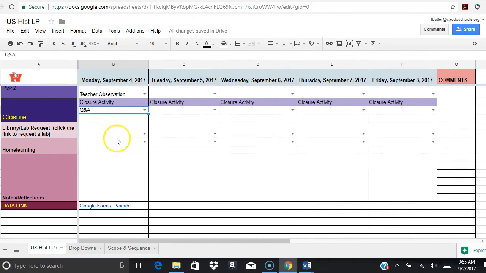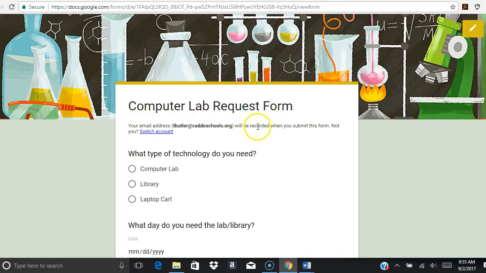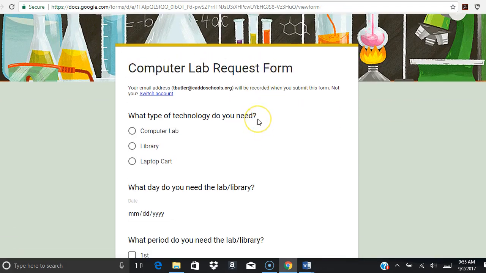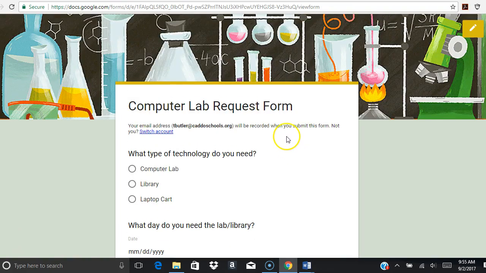Boom. Lab library request. This is another good functionality. Let's say that I want to go to the library, right? In Google, we can hyperlink everything through the G Suite. Miss Berry was kind enough to add her calendar so that we can all see what's happening there. So with a little bit of access tweaking, we could fill these forms out